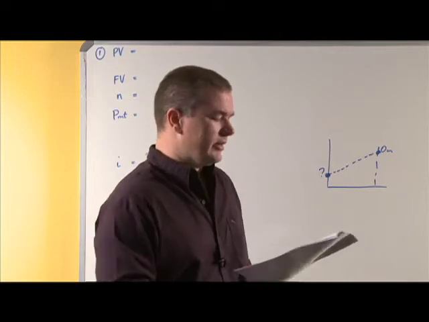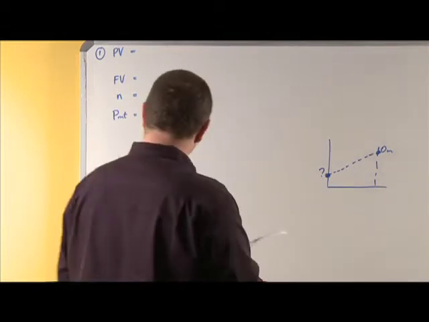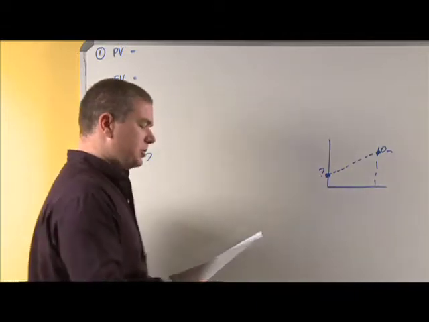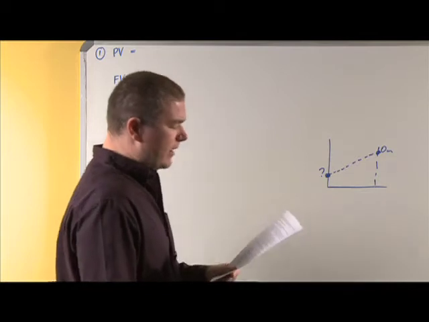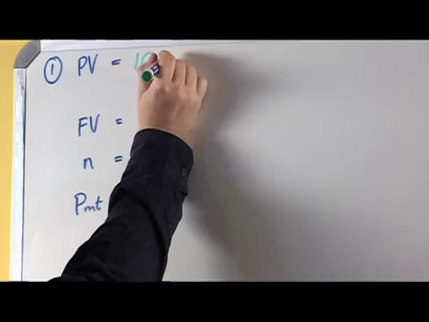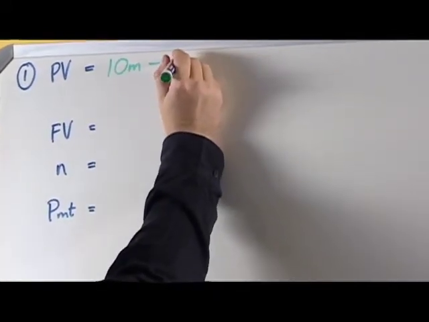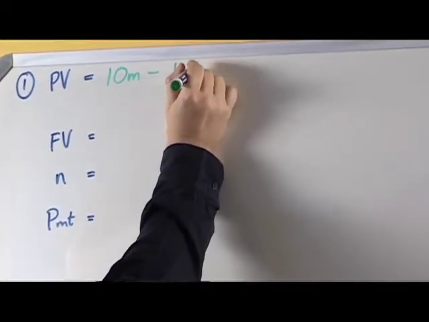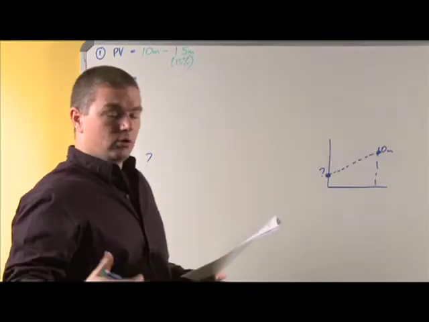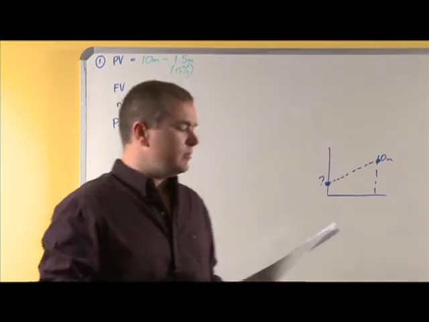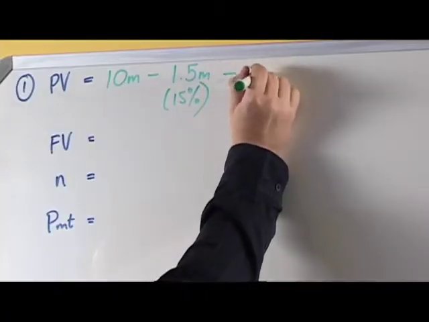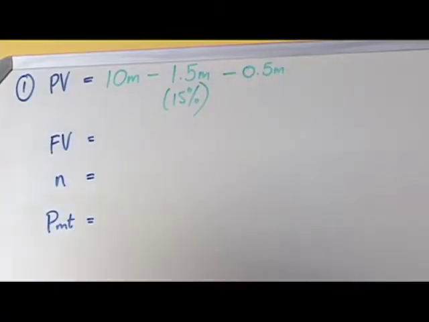All right, I'm going to need an effective interest rate. So let us have a look and say, if I'm looking for I, what is the information that I know? Well, I know that my present value is clearly going to be the following. I took out 10 million, so that was easy. I subtract 1.5 million, which is 15%. Remember, the loan was given to me at a 15% discount, minus 0.5 million, which were the costs incurred.